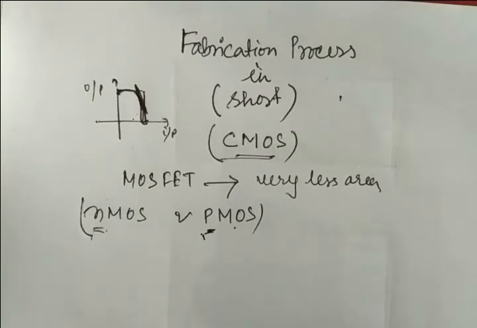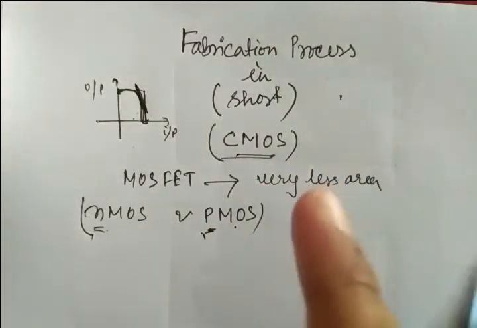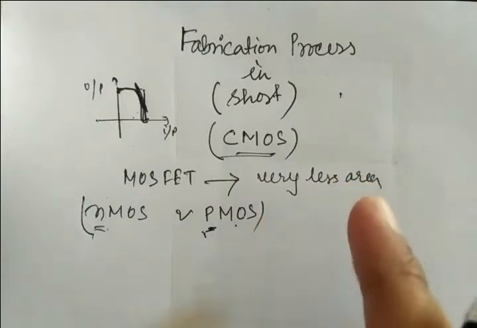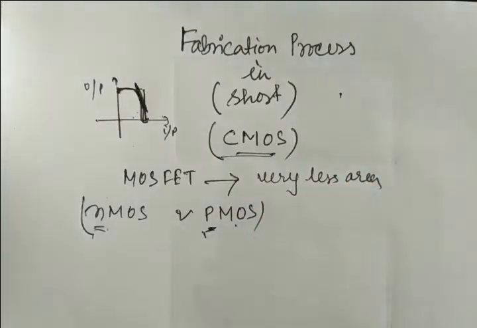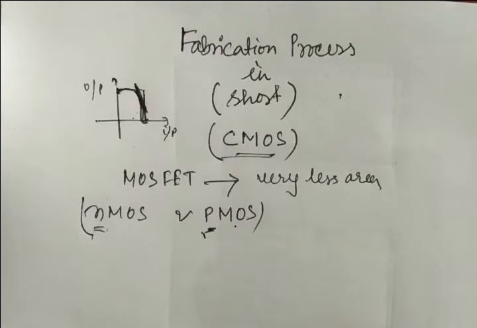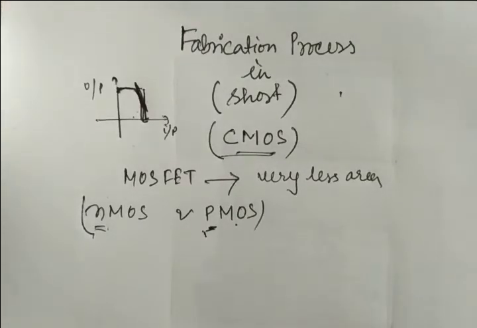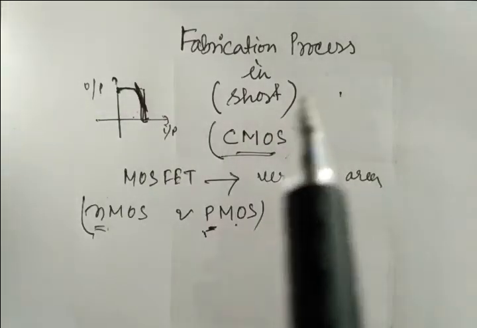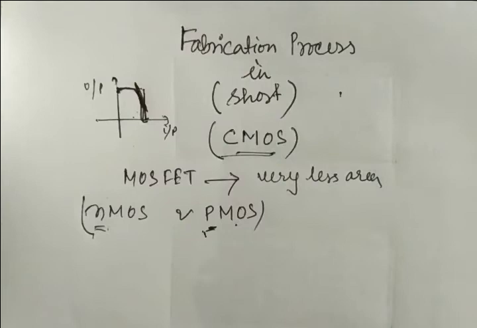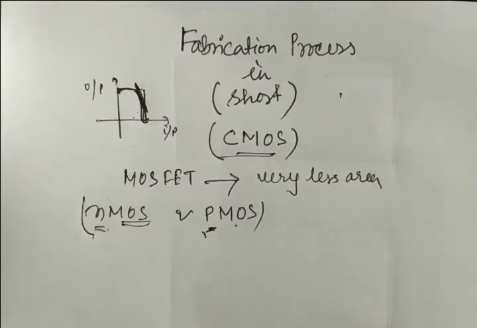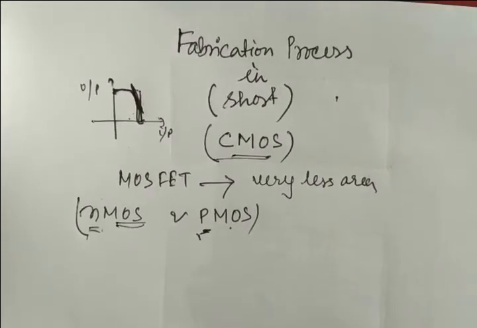Once again I am saying, because the current flow is controlled by the externally applied electric field, and you have all derived the concept of the electric field, the drift velocity and everything, right? And the operation only depends on the majority carriers flowing between two device terminals. And in this metal oxide semiconductor device, what terminals are there? There are three terminals: one is source, one is drain, and the other one is gate, right? So this is the very beginning, what is MOS.